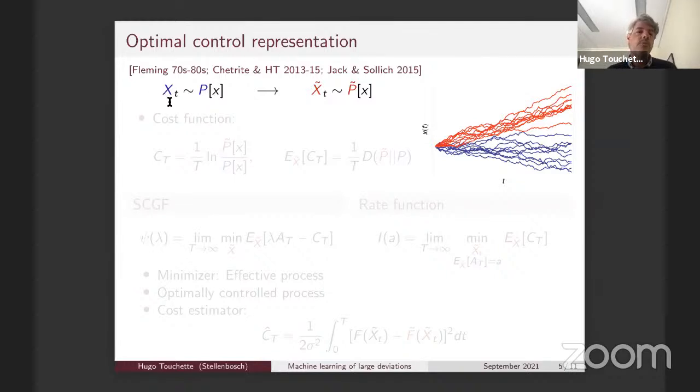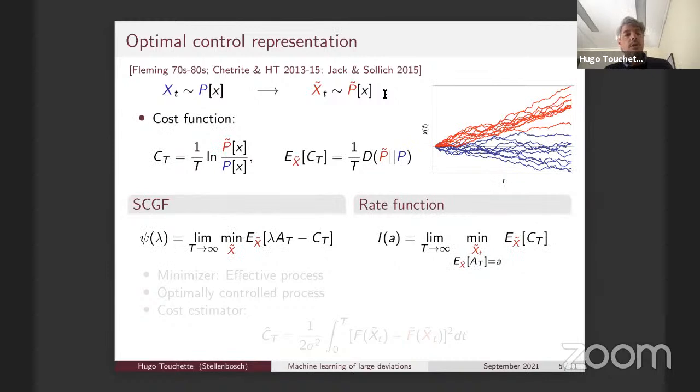So this is the original process, and the original process will generate some probability measure for the different trajectories, and what you do is that you want to change that process to generate a new distribution of trajectories. So think of the blue trajectories as being the typical trajectories of your system that give rise to typical values of the observable, and we want to change the process. We want to bias the process or tilt the process in the direction of a fluctuation. So to do this, you modify the process, meaning you modify the distribution of the trajectories.